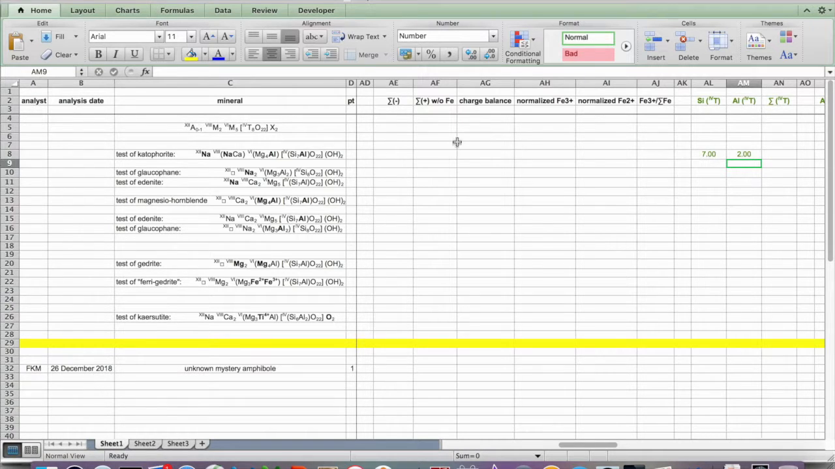And in fact, when you look back at the original formula for katophorite, you can see that aluminum actually is distributed between 2 different sites. And so this is a completely wrong calculation here. And so we want to get rid of this, and we want to think about what is the correct way